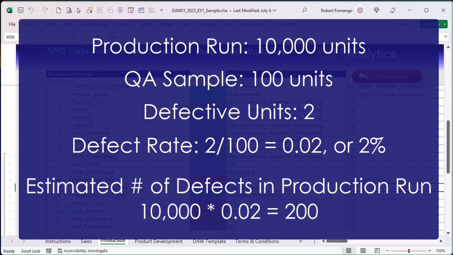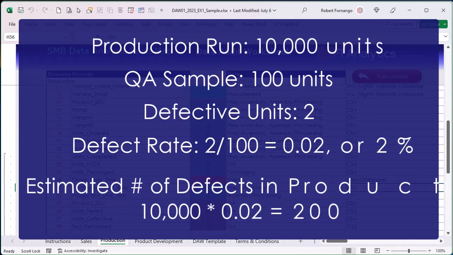I don't want to get into the analytics right now of how far your estimate might be off. Instead, I want to focus on the concept that now you have an idea of how many refunds you would expect to give and can plan accordingly. Also, if this defect rate is too high, you can focus on improving your production process to reduce the defect